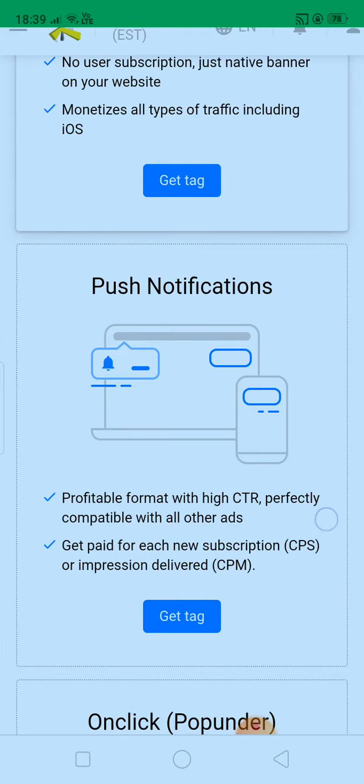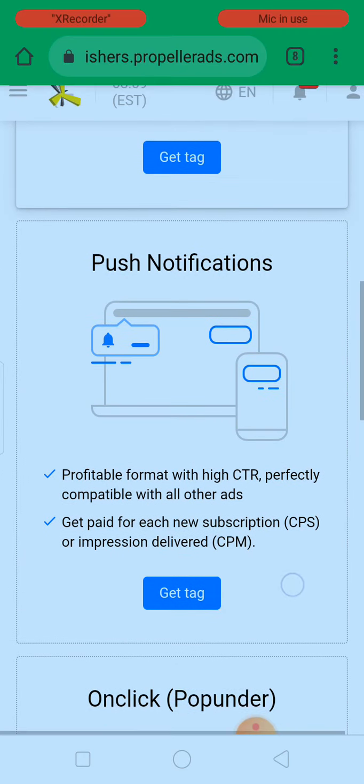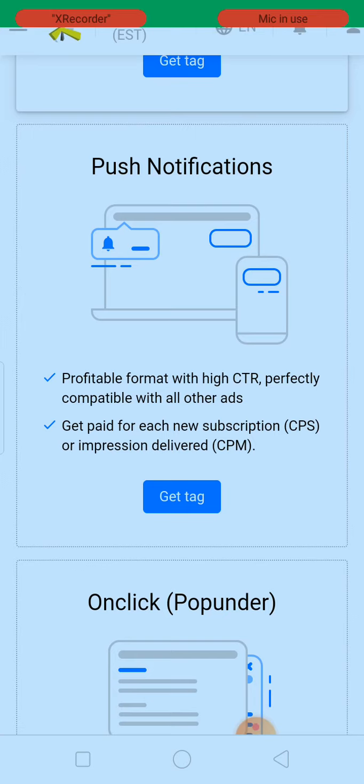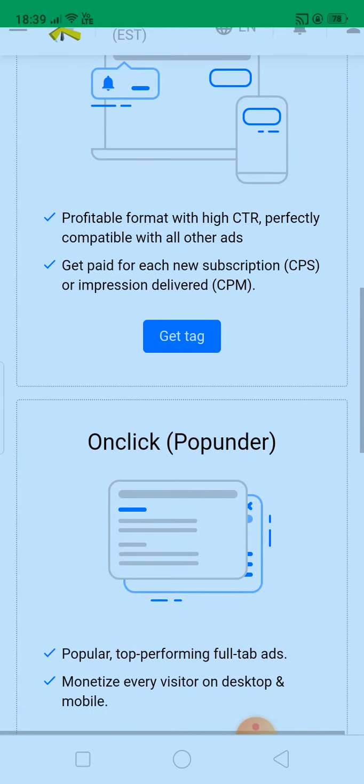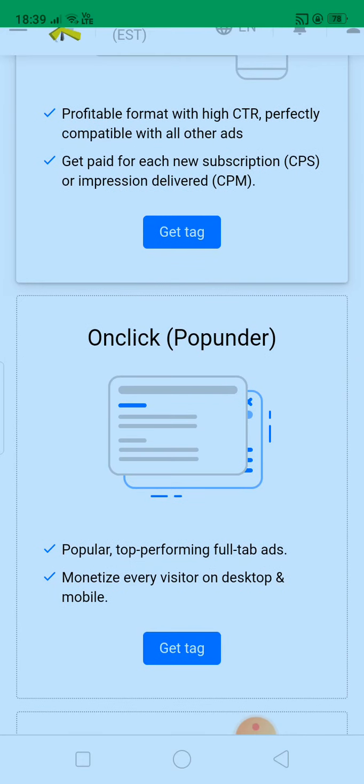Push notifications will be the same, but there will be a different profitable format with high CTR, perfectly compatible with all other ads. Here you will get paid for new subscriptions, meaning if someone takes action on the impression and subscribes, then you will get the benefit of that.